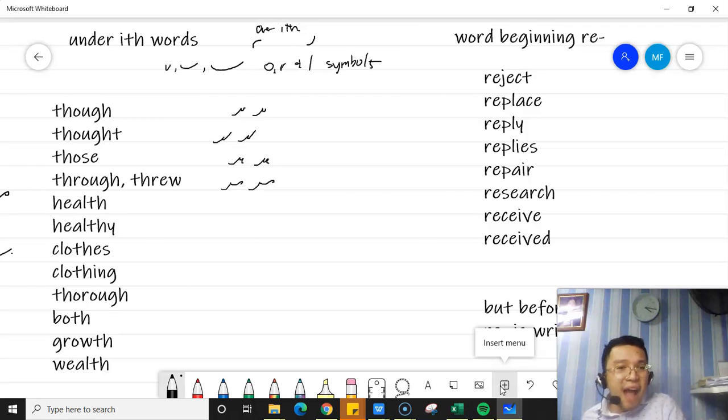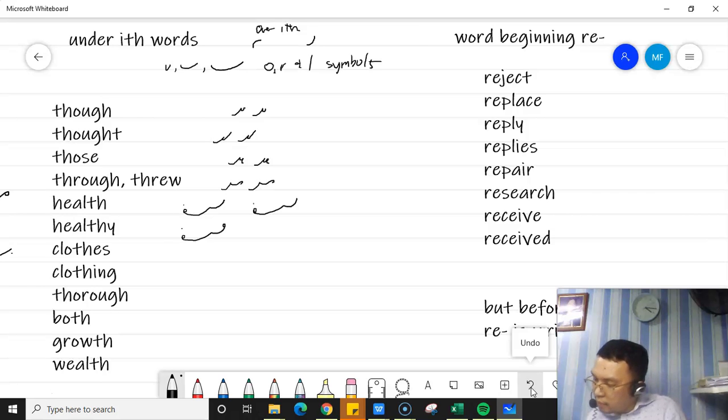Okay. Kung bakit natin sinusulat ang underneath, rather. Okay, health. Of course, we have the H, E, L, T, health, or underneath, rather. H, E, L, overeat for health. Health. So, H, E, L, T, H, health. Then H, E, L, T, H, then E for healthy.